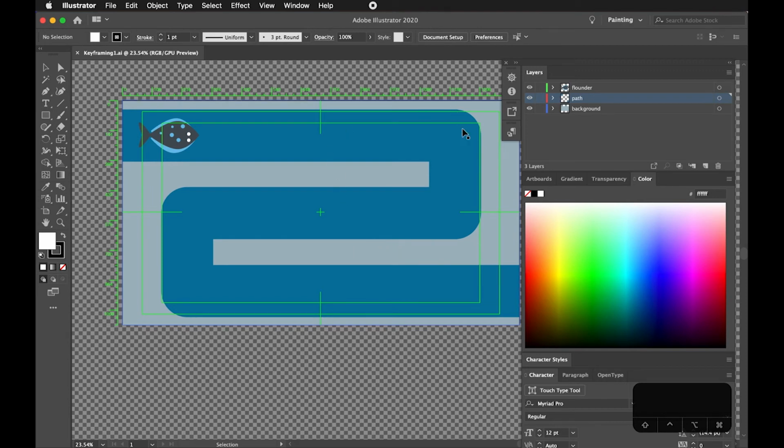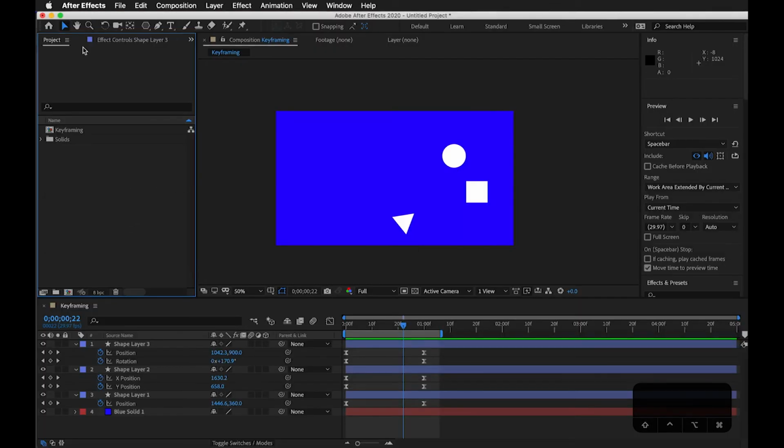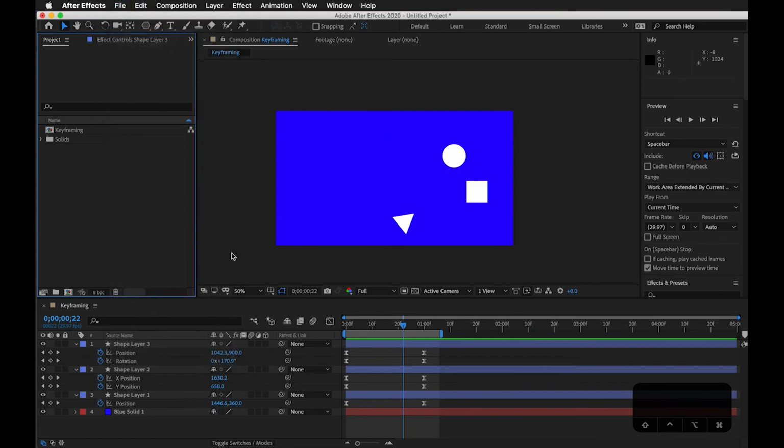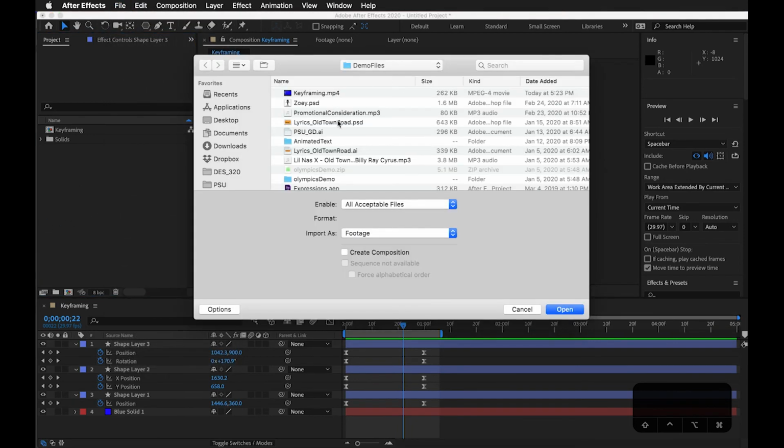And it's also going to need to rotate as it moves around here, and we can play with the easing and the speed. So this is what the file looks like. Let's go to our After Effects and let's import that file. Now we can either double click in this project window, we can hit Control-I, or we can go up to File, Import File. However you want to do it, I'm going to hit Command-I, and I'm going to find